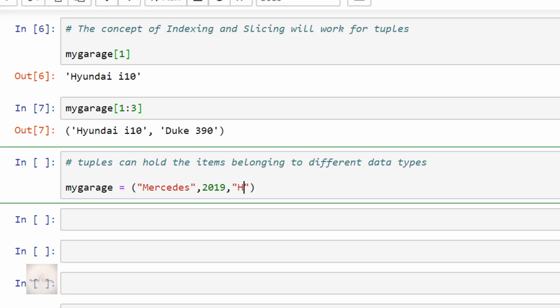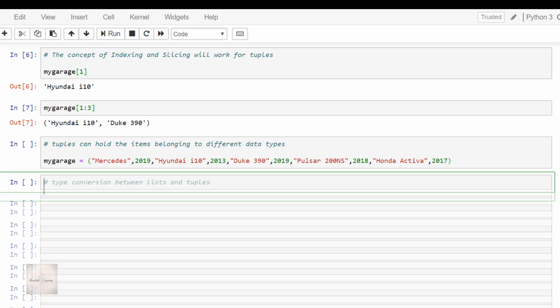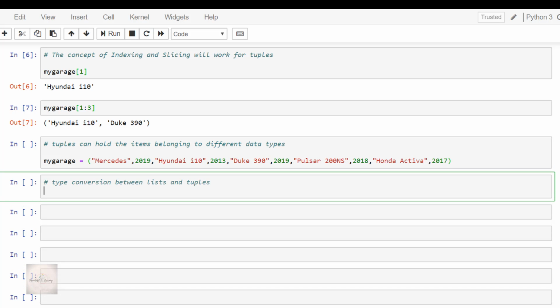My garage is equal to Mercedes, 2019, Hyundai i10, 2013, Duke 390, 2019, Pulsar 200 NS, 2018 and Honda Activa, 2017.